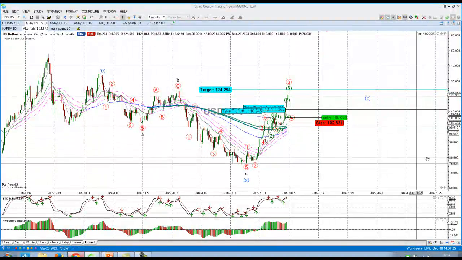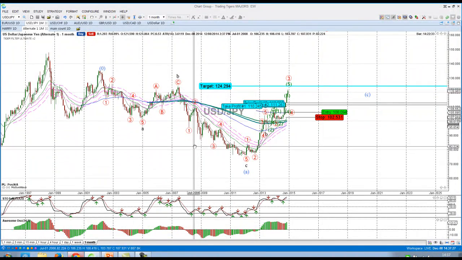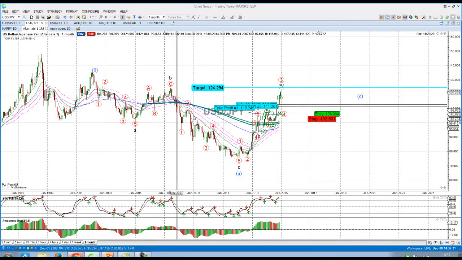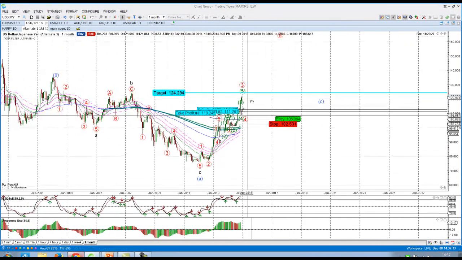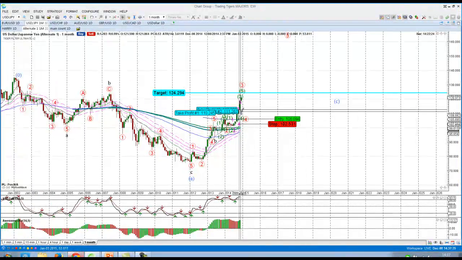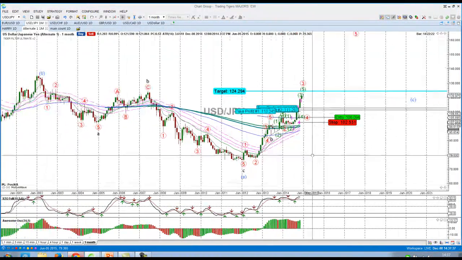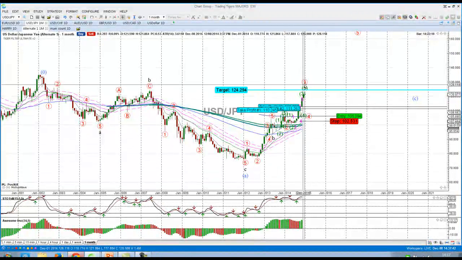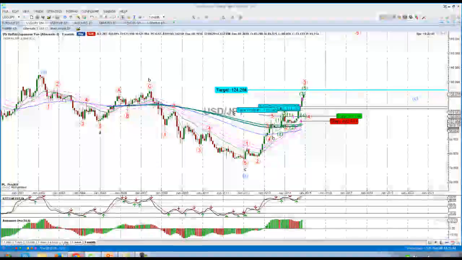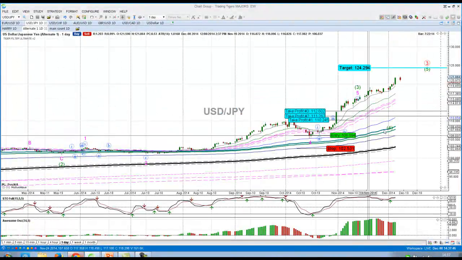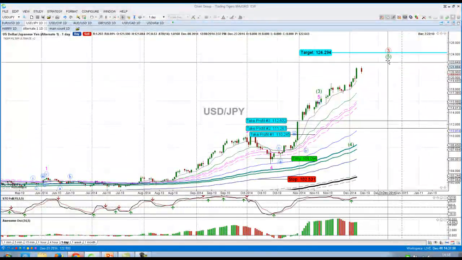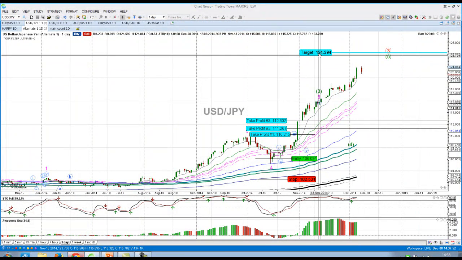So if we look at the substructures of the super cycle, that's the cycle that's in black, that's A, B, C, and now we're looking for its wave 1 to come up. While we're here on the larger wave degree pattern, larger chart, we can actually see we're in a wave 3 of a primary degree. Market is moving up. As you can see, there's the market moving up, and the wave 3, we're looking for its target to complete at